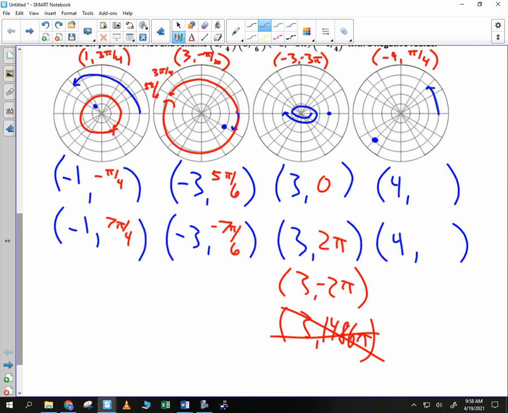This one, 4, so I want to end up exactly at that rotation, and that rotation would be 5 pi over 4. Or you could go in the opposite direction, and you could go negative 3 pi over 4. Any questions on those 4? Yeah. So the last one,